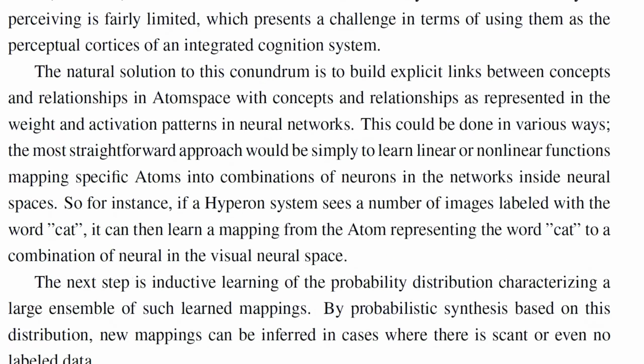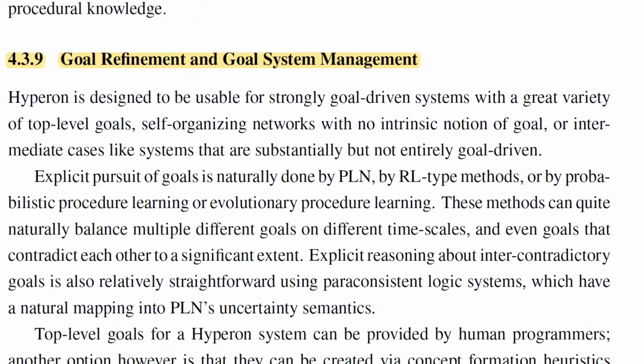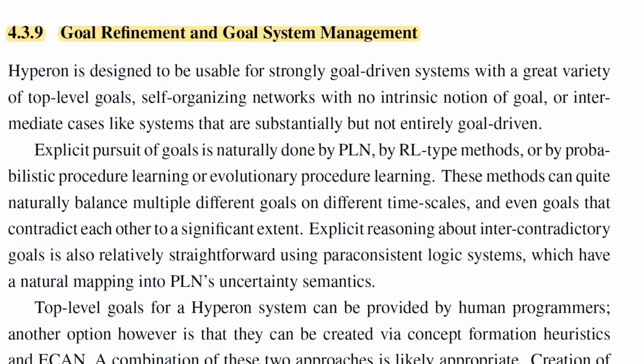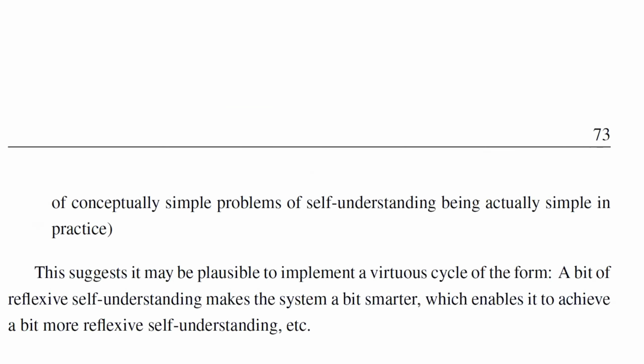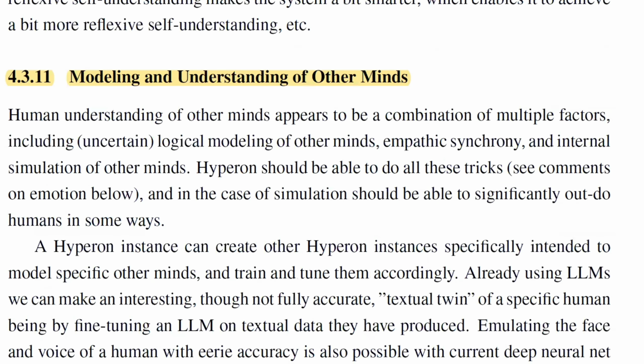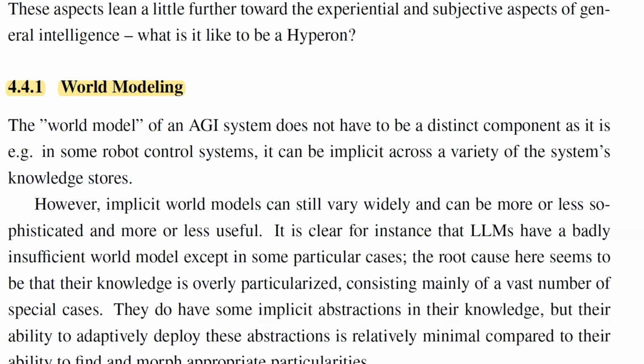Multimodal perception, action learning and coordinated action, goal refinement and goal system management, reflexive self-understanding, modeling and understanding of other minds. From here, the paper moves on to consider a few core aspects of the human mind that are not explicitly called out as key aspects of the standard model of mind, but are considered in the standard model in various ways, such as world modeling,